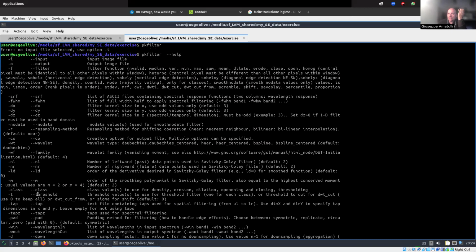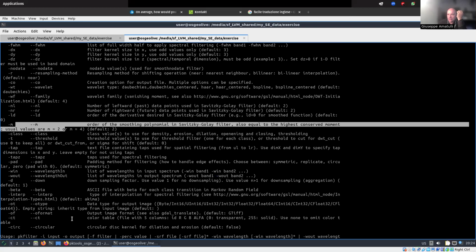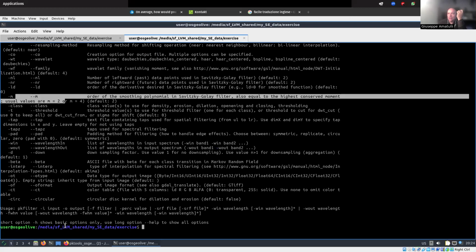Of course, you can also set the no data during the computation. You can probably also set the dash m, the masking. No, this one is the polynomial, so the mask probably is not over here, but it is really dense in terms of this is